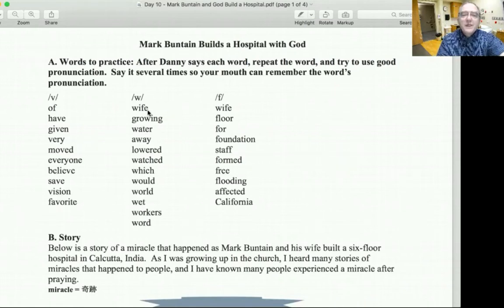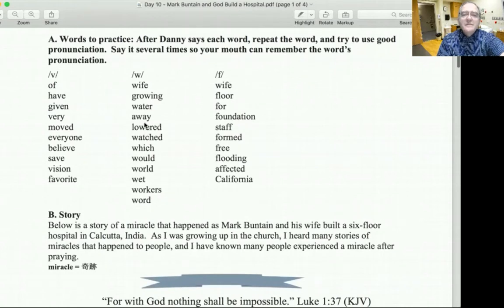Wife, growing, water. These are all words from your story. Away, lowered, watched, which. Now this H has no sound. Some of you try to put an H in there. You say which, but you don't need a wh. Just give me only a W and no H sound. Which, would,